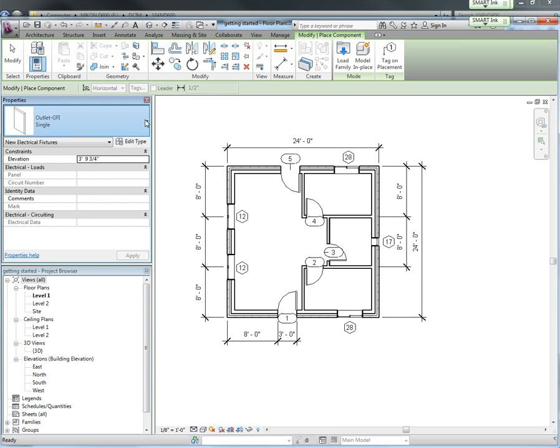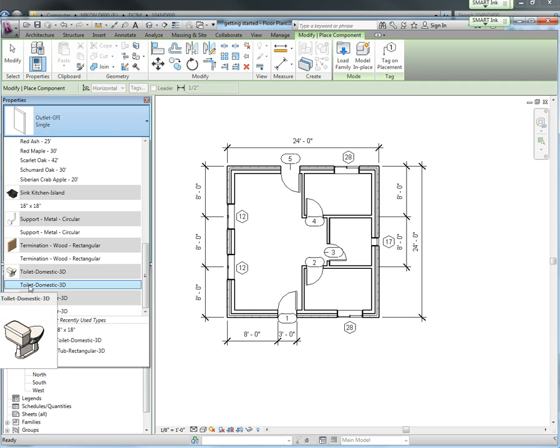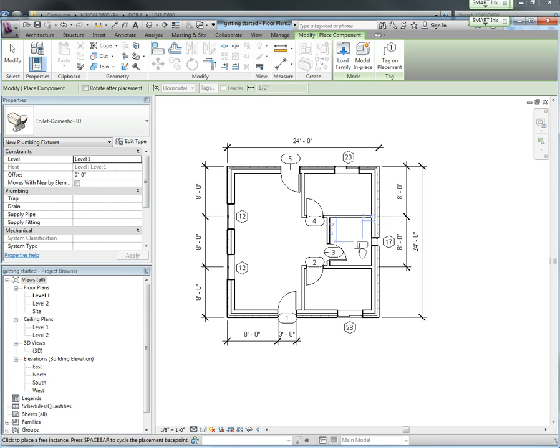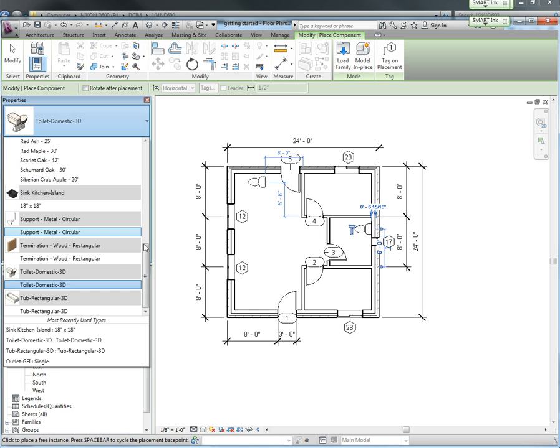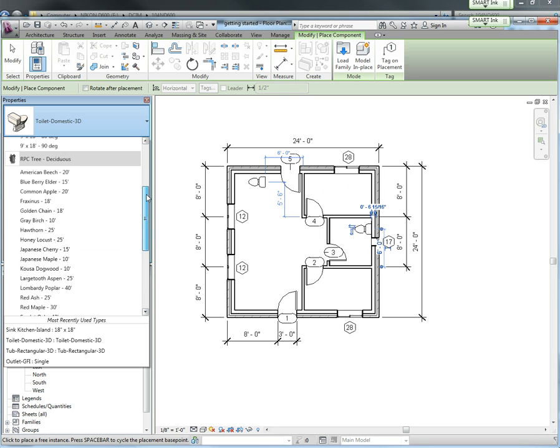So let's go up here now. We're going to load in the bathtub and the toilet. I'm going to click here, and now if I hit the space bar, it rotates it. If I hover over this wall, it rotates it to fit that wall. Okay, so I'm going to put it right there. And then I'm going to go in and add the bathtub, which alphabetical order should be